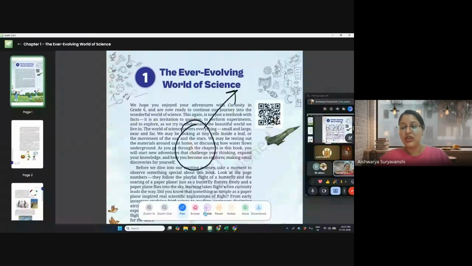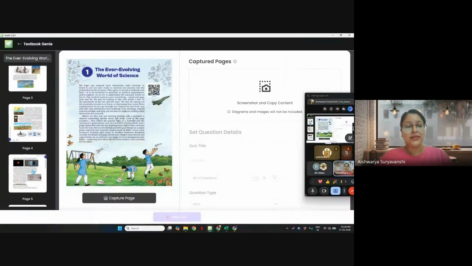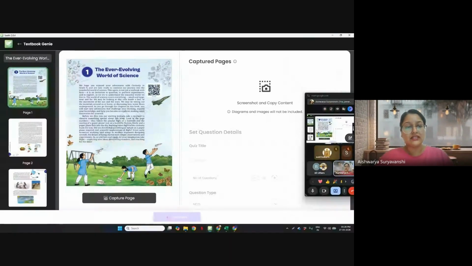There is a Genie option given here as well. If I click on the Genie button, I can see all the pages of that chapter in the left column, and I can select those pages and generate questions. And I know nobody is able to complete one chapter within one lecture. Doesn't happen. I don't think it has ever been done, right? You will have to repeat a concept again and again, and it will take around 2 to 3 lectures to complete a chapter.